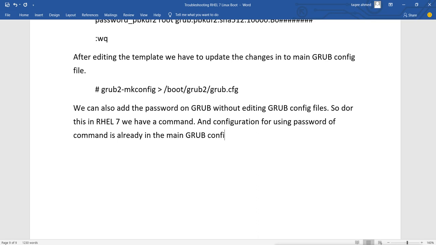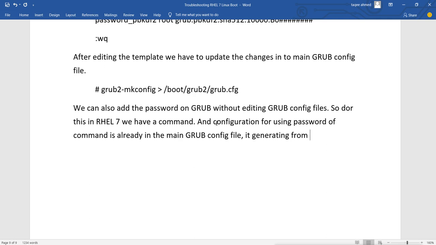I will show you this. It is already there in the grub configuration file and it is generated by default from a template.